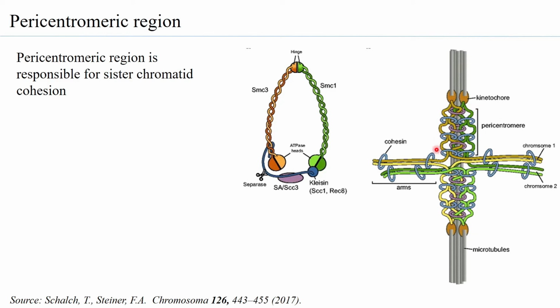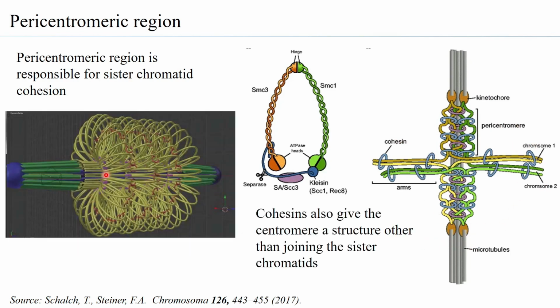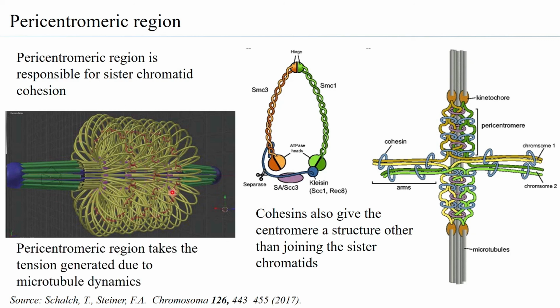As you can observe over here, because of the binding of the cohesin molecules, a lot of DNA is looping out, and somehow that is leading to a higher order structure that condenses the chromatin further. So you can see this is one simulated structure that has been formed, that of the yeast particularly, and you can see over here the red rings. These red rings are basically the cohesins keeping the loops together and forming a heterochromatin region.